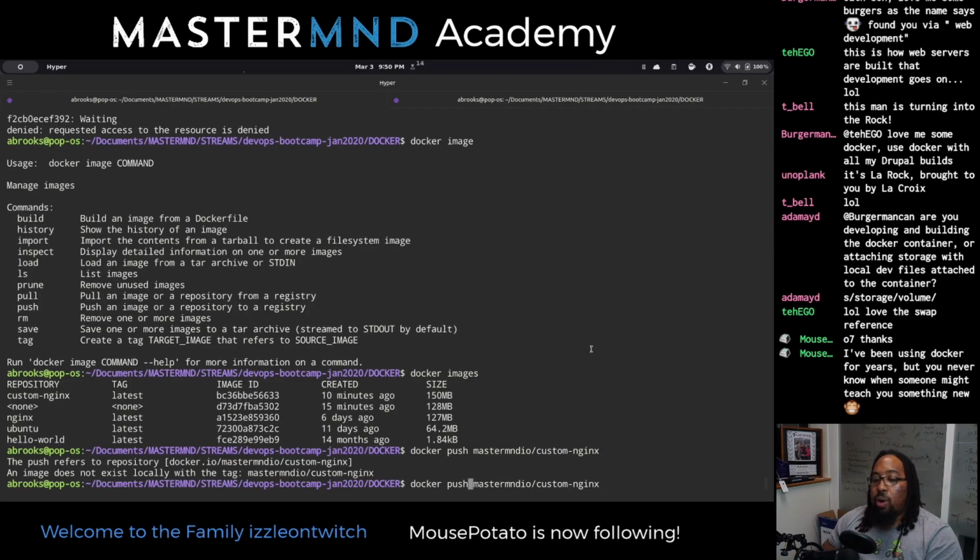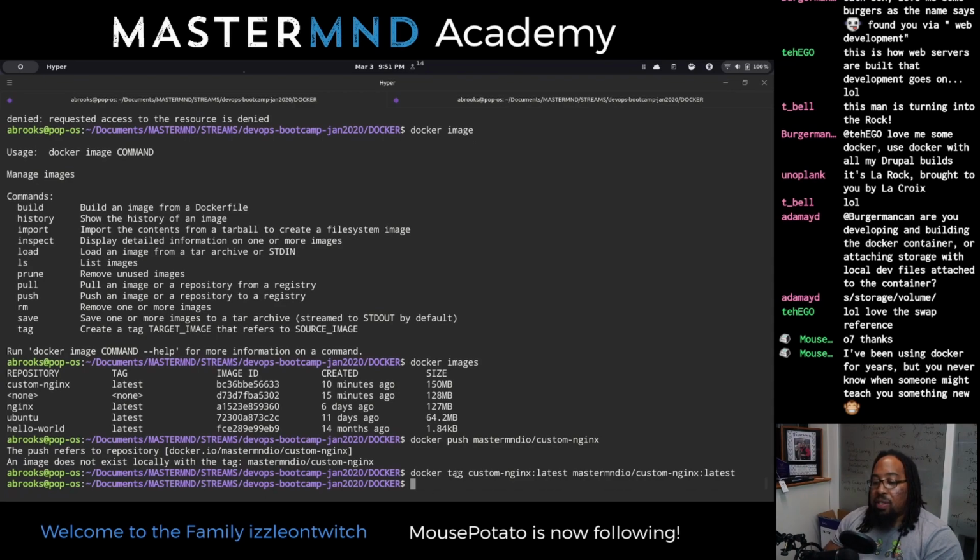So how do I change the tag? How do I make custom Nginx latest this? Because this namespace tells it where to get pushed to. So I have to say, hey, Docker, tag this with this name.